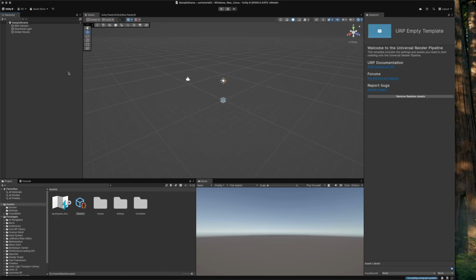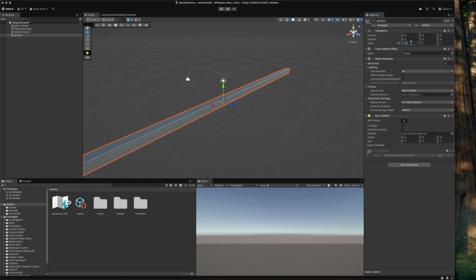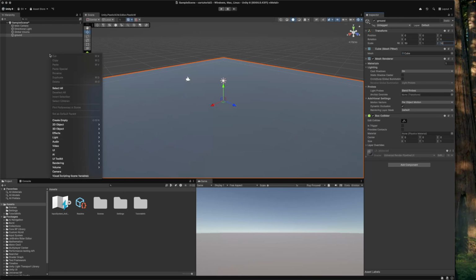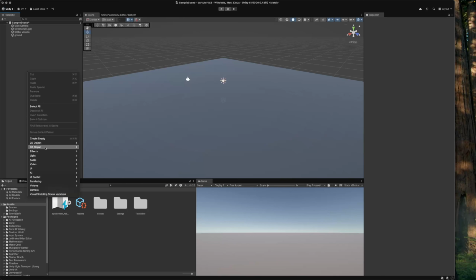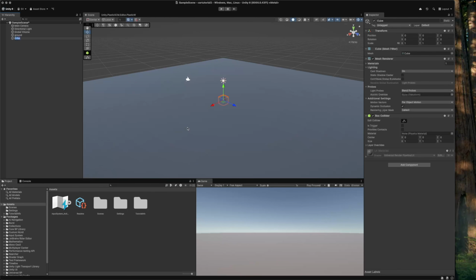Alright, in this new Unity project, we'll start off by creating a 3D object cube, and this will be our ground. And we'll just make this a big platform like 50 by 50. And now on this, we'll add a new 3D object, a cube, and we'll just call this the car. We'll move it up a little bit. We'll keep the scale the same, and we'll